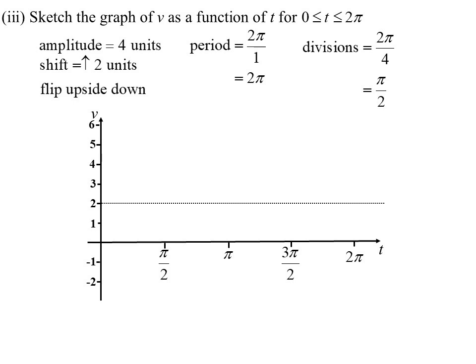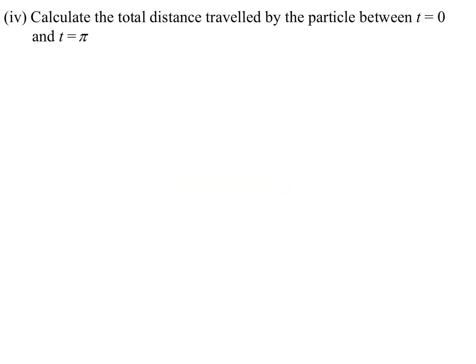But we've shifted it up. Cosine would start at the amplitude, but it's upside down, so it'll start down at -2, it'll go up to the axis and up and down. There's my graph. Calculate the total distance. Possibly that's why they got us to draw the graph, because for distance, we've got to think about area above, area